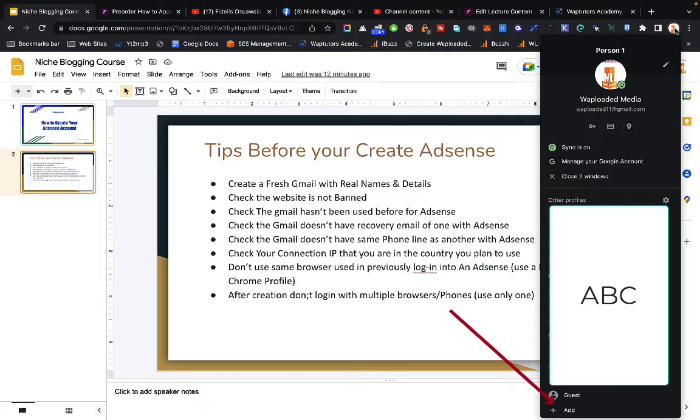This will take you to a new window that asks, do you want to create a new Gmail for this profile? You click yes. You can create a new Gmail or log in to an existing Gmail. Now what this profile does is it creates a different browser entirely, that stores a different cookie and syncs different data. It's just on that browser,